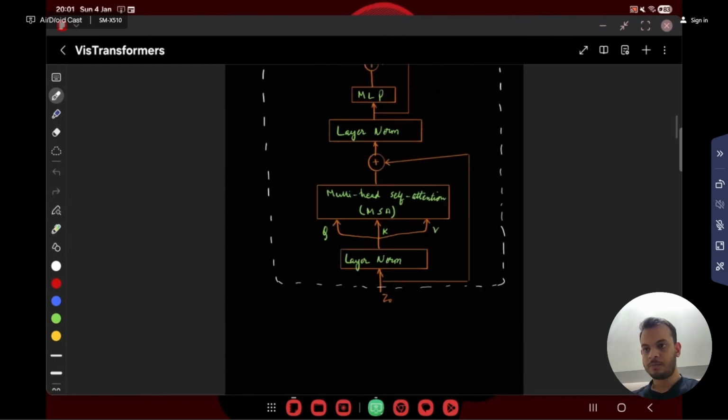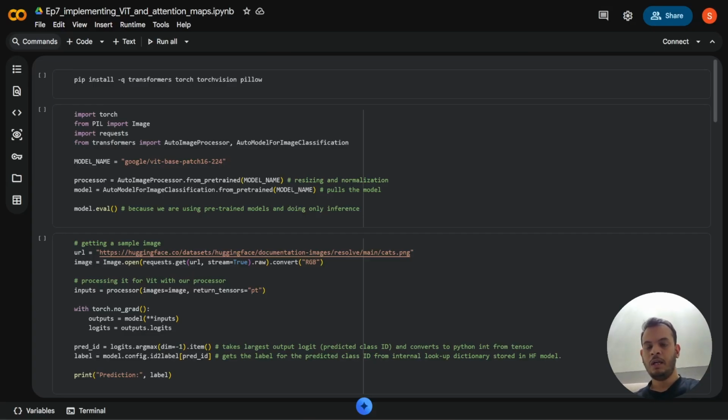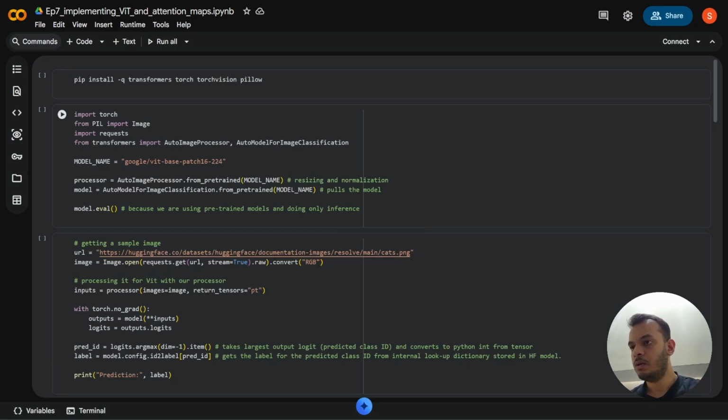Okay, so coming back to this episode, we did discuss last time that since we already went into the theoretical depth of transformers, we wouldn't be creating a transformer from scratch here. Rather, I'm using the Hugging Face library to create the transformer model. They already have pre-trained models, and we use their model to do inference, and we'll also see some more detail about how that works. Okay, so starting off,